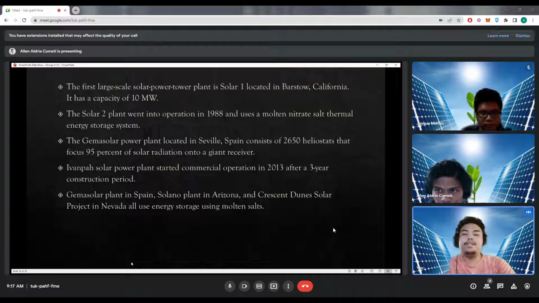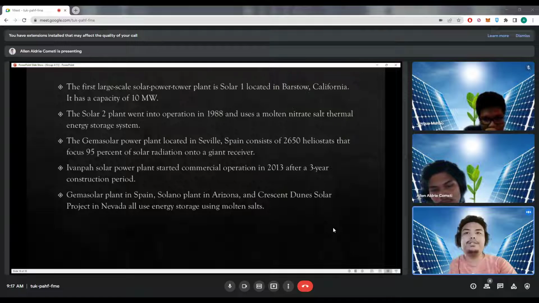The plant is located in the Mojave Desert in California, and it is the largest solar thermal power plant in the world with a capacity of 377 megawatts. It is located on an area of 3,500 acres, or 14.2 square kilometers, with 300,000 concentrated mirrors reflecting solar energy to receivers at the top of the three towers in the three plants. The towers are